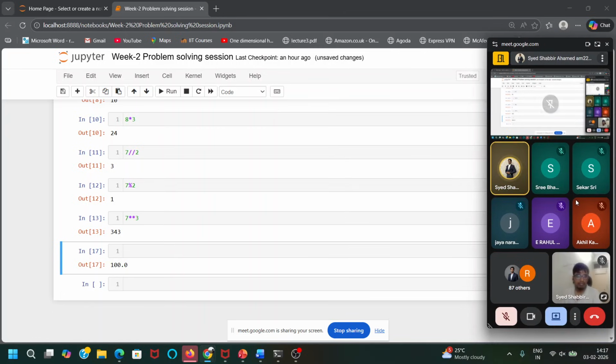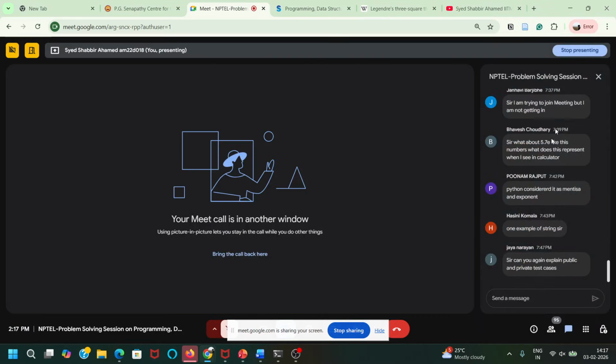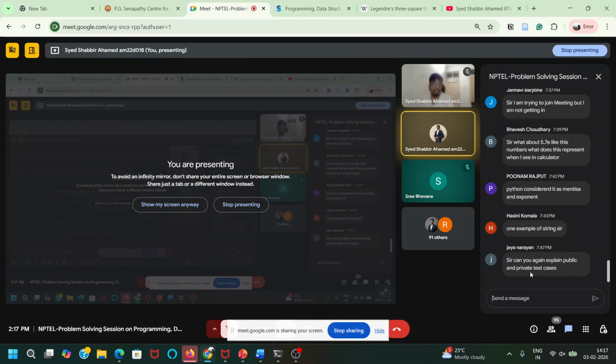Someone has asked a question. Public test cases are something you can see: if you compile and run, you can see what your program is giving as output and what the expected output is. If both match, then all the public test cases are passed.